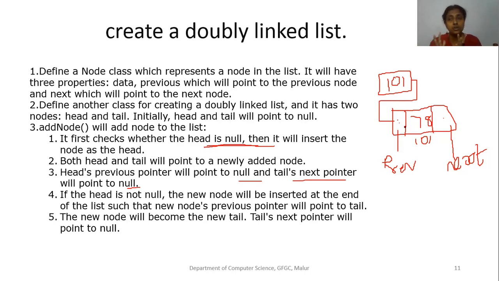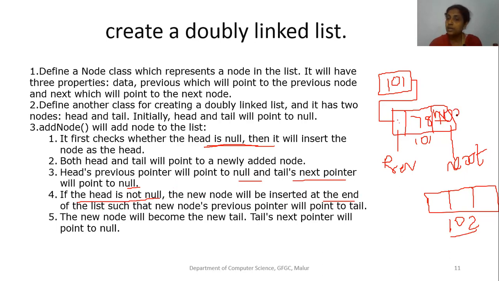In case you check whether your head is null, but head is not null and data is there, what you have to do, whatever new node you create, consider I'm creating one more new node, the address is 102. Since head is not null, as given in the fourth point, the new node has to be inserted at the end of the list. It has to check whether the next address is null. So naturally we assign this as null. Since this is null, this new node which is created, this 102, will be placed in the next part.